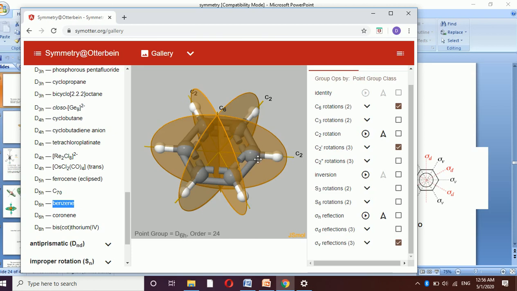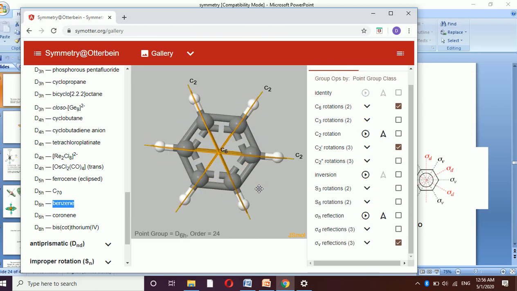Vertical planes also contain the principal axis, and they are actually passing through the maximum number of atoms. Dihedral plane, you can also take sigma d and sigma v, or vertical planes and dihedral planes, arbitrarily, but the convention is to take the vertical planes of symmetry as the planes which are passing through the maximum number of atoms, and dihedral planes passing through the lesser number of atoms.